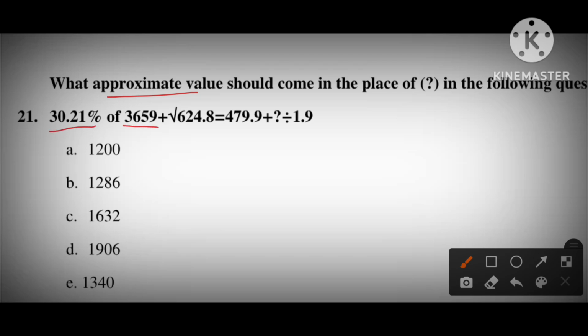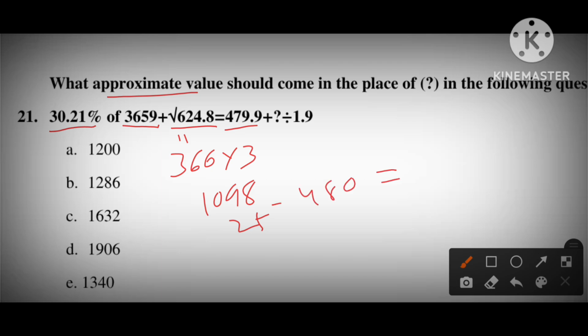30% of 3660. So 366 into 3, 18, 18, 19, 3 times 9, 10, 1098. 625 means 25 plus 25. Here it is 480 minus 480 equals to x divided by 2. So here what we have is